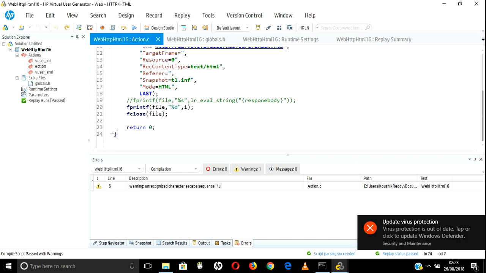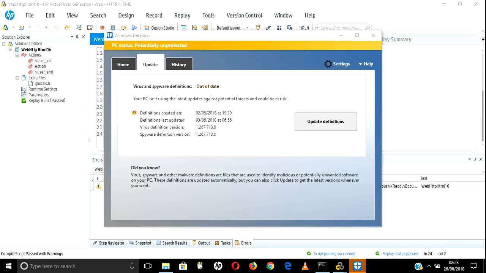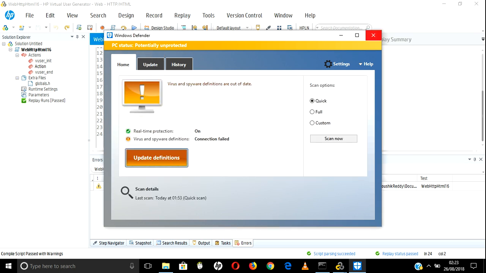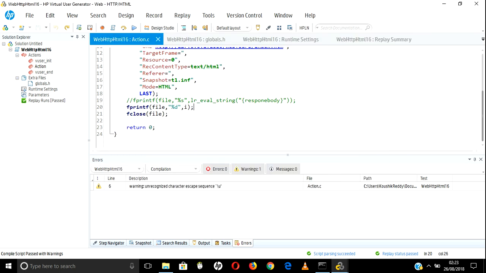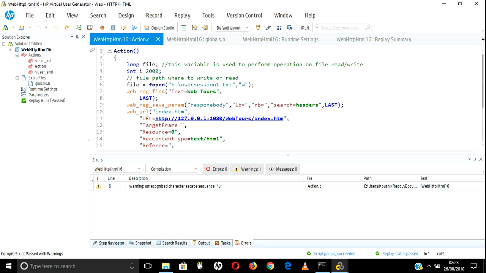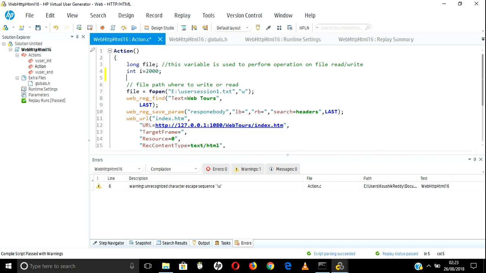Last session I discussed the printf function and how to write data into a file using fprintf. This is formatted data. We have seen how to write LoadRunner values and integer variable data. Now we will see how to write character data. If you want to write character data, declare one variable name and write